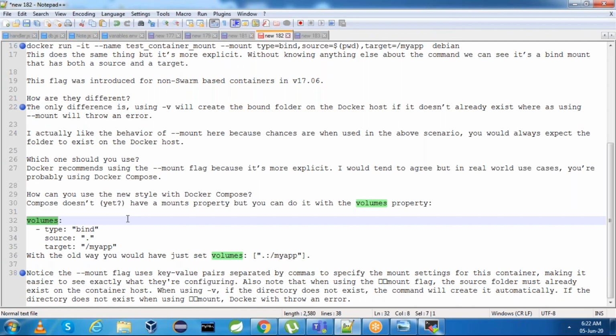And one more thing is mount flag, the source folder must already exist on the container host. If you use -v option, even though the directory does not exist, the command will create it automatically. If the directory does not exist, when using the --mount option, Docker will throw error. This is the conclusion.